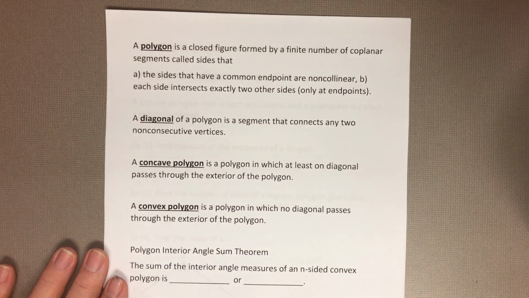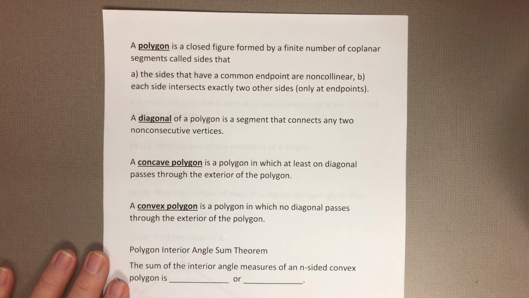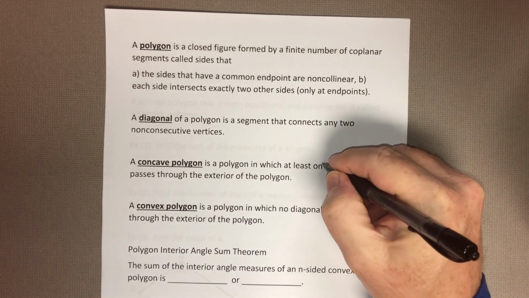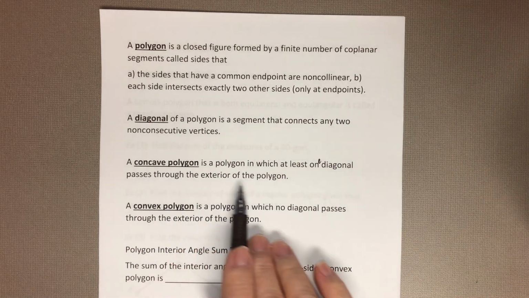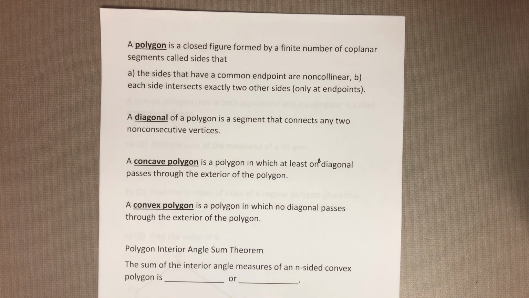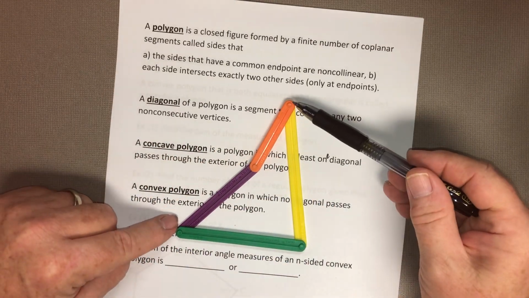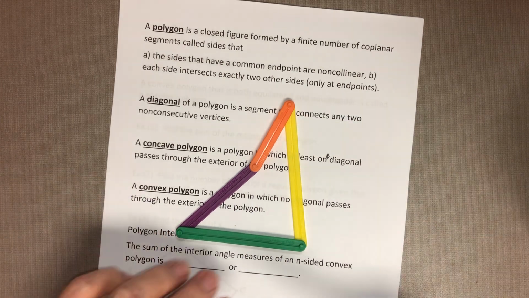There are two types of polygons that we need to be concerned about. One is a concave polygon, and that is a polygon in which at least one diagonal passes through the exterior. For instance, if you had this four-sided figure, the diagonal connecting these two vertices would lie outside of